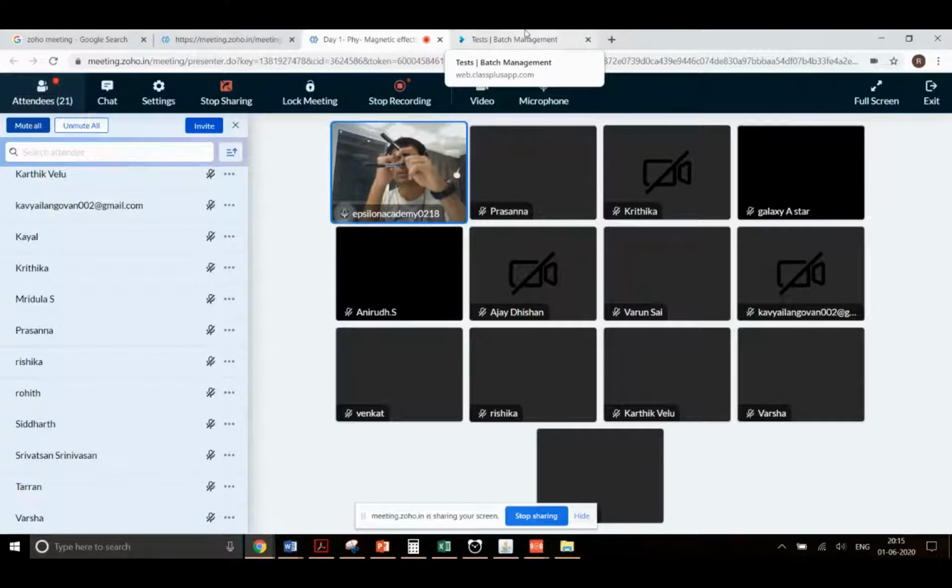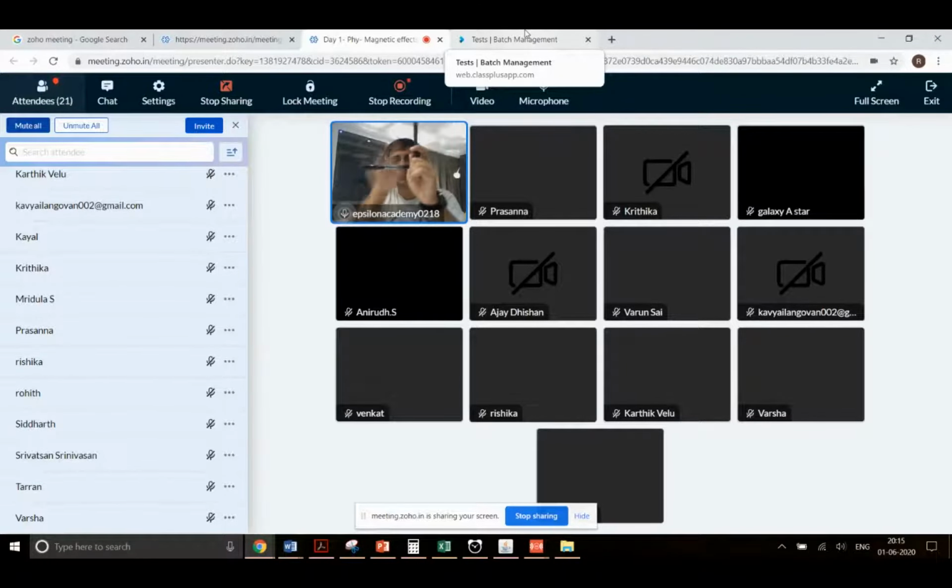Keeping the same context in mind, if I make this as i cap and I make this as j cap, what is going to be i cross j? I cross j means from i, you need to turn towards the j in the shortest direction possible, that is in the anti-clockwise direction. When you curl it like this, then this is going to be the resultant. So this is positive i cap, positive j cap, anything towards me is going to be positive k cap. That is why we wrote i cross j to be plus k cap.